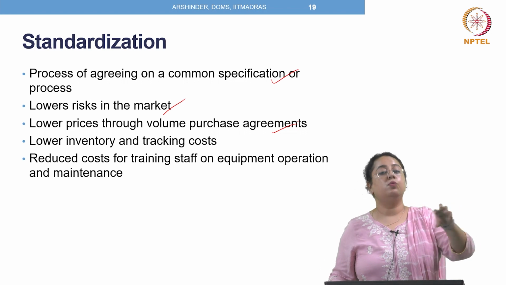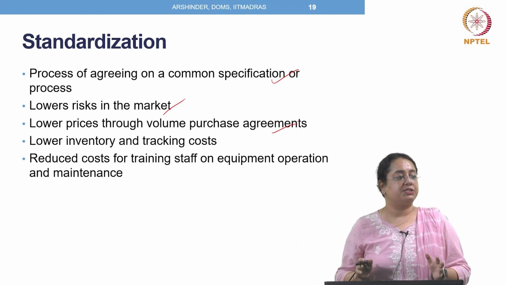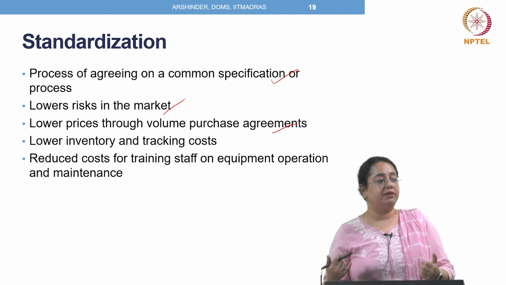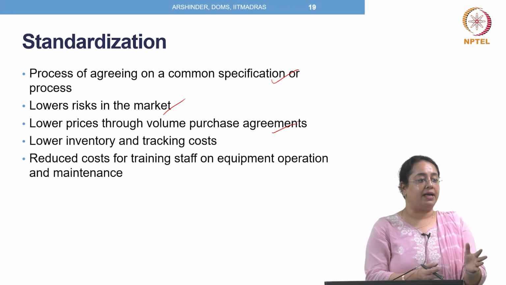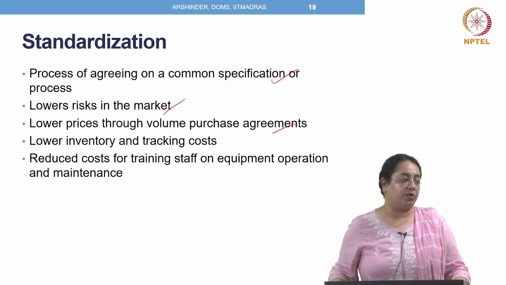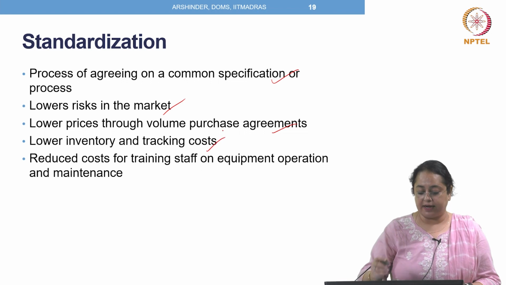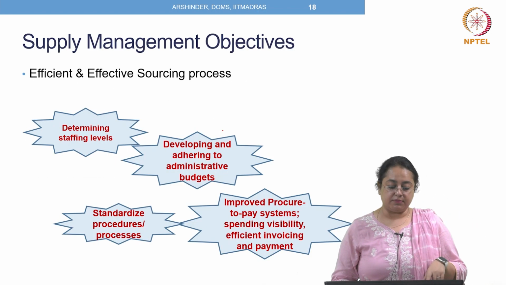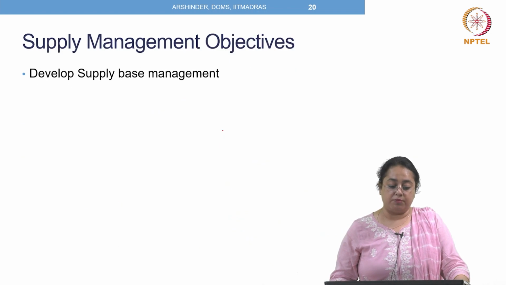If we would stick to one brand and discuss with the users that specifications are the same, can we standardize the specification within our organization? Then you can actually reduce the number of suppliers and you can get volume discounts by ordering more, right. So such standardization practices are useful, and that is why they are one of the supply management objectives.